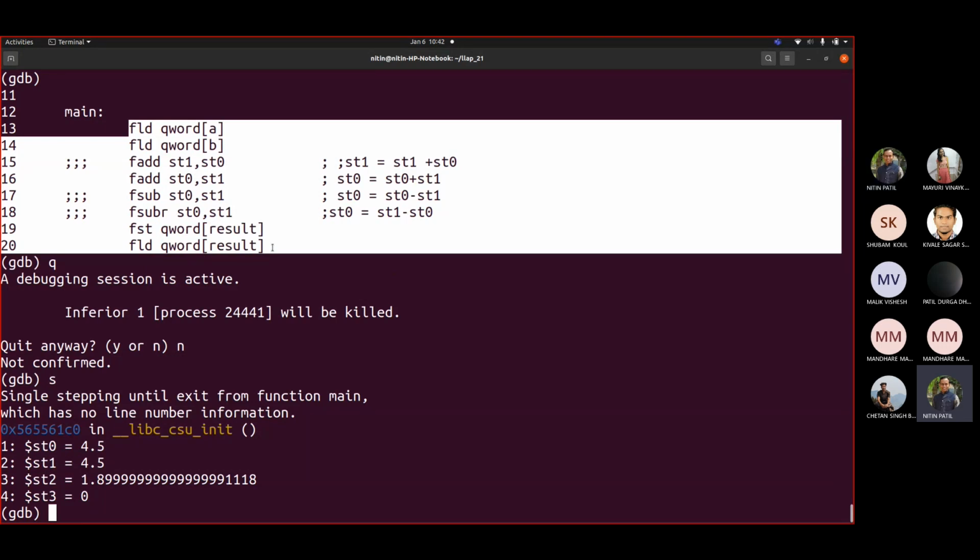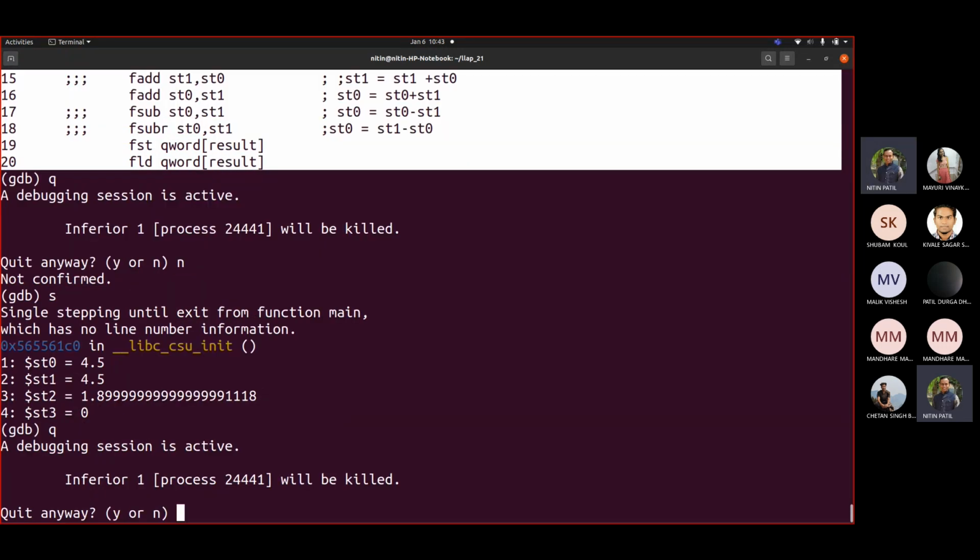That is the reason. So two FLDs confirmed the loading of two values. Then because of FADD, ST0 got manipulated. Now that ST0 was stored in result, and when loaded again, ST0 was shifted to ST1, and ST1 was shifted to ST2. Correct? That's why ST0 would now have a new value.